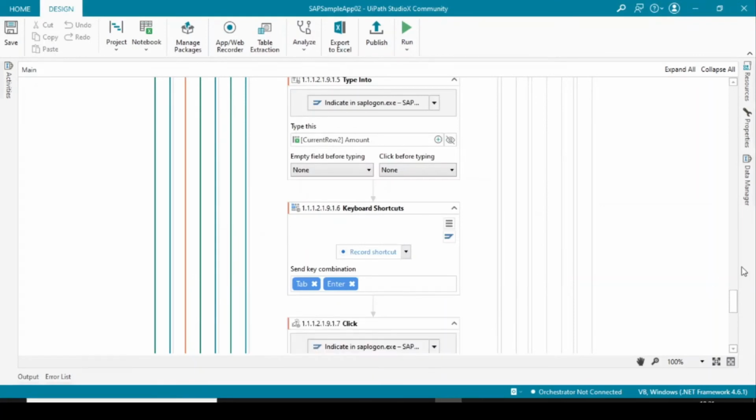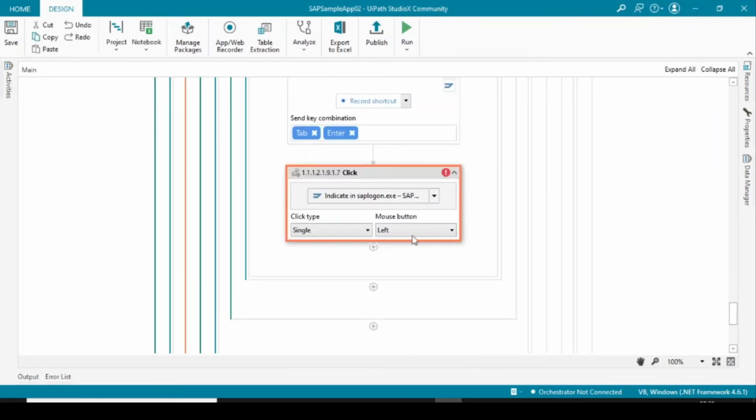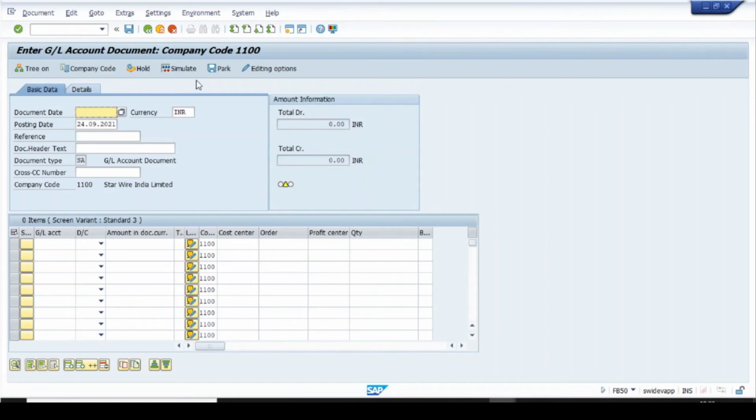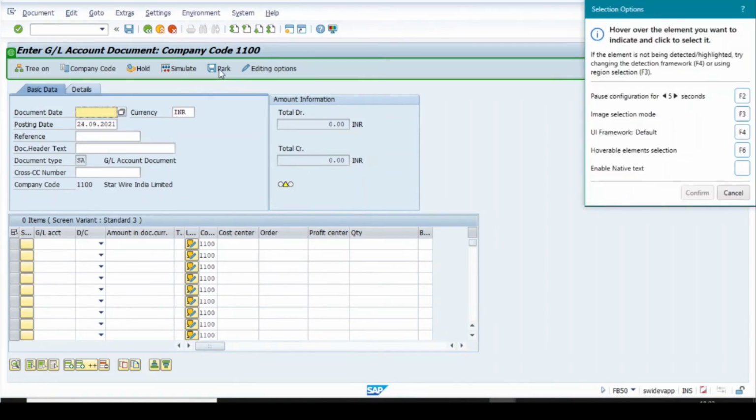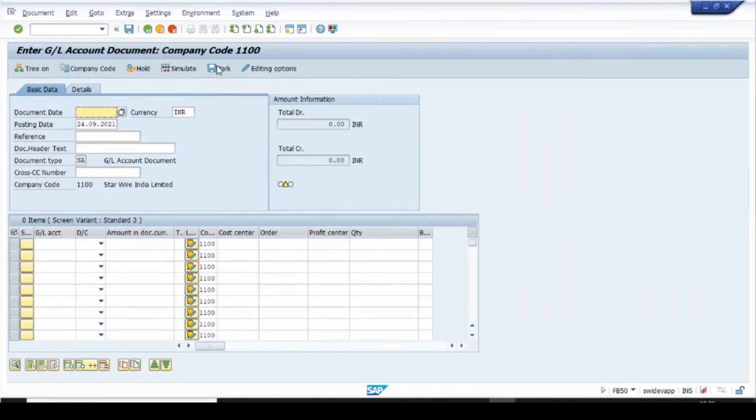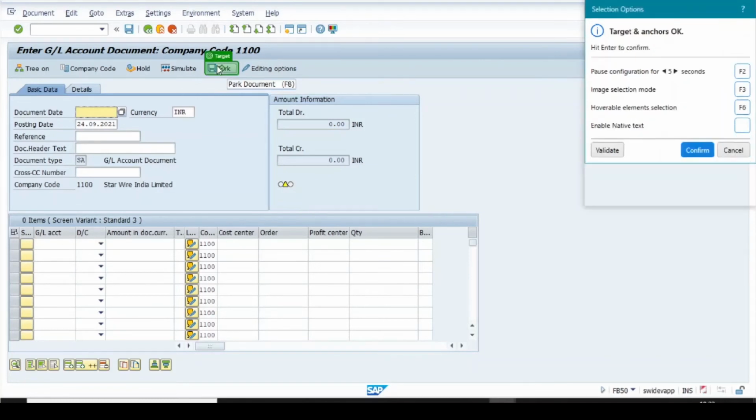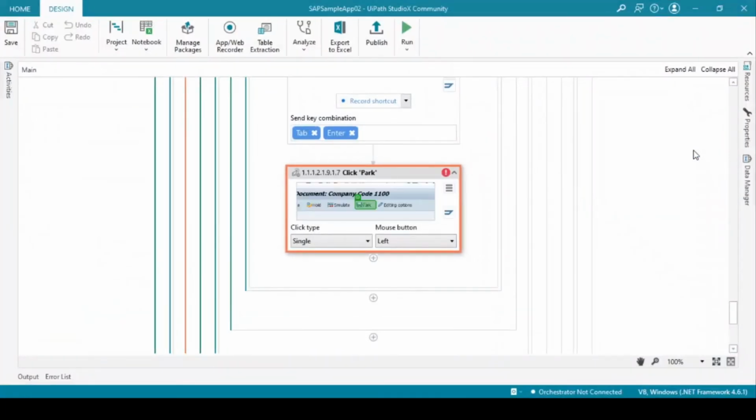Now click event, and then we can click on this, single click, left mouse button click, and we'll click on this. This is the place where we want to capture, and this is the point where we want. So we'll confirm. Here it is. After that,